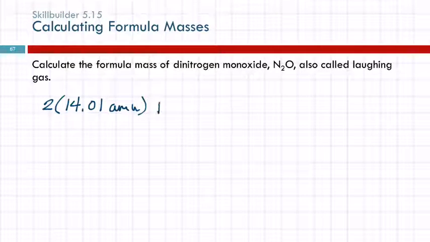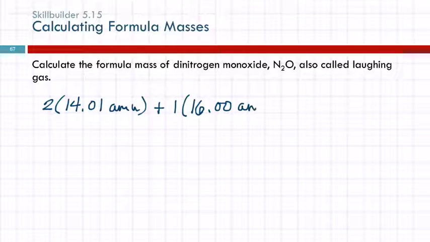And then there's 1 oxygen. You obviously don't have to multiply by 1, but I'll just try to be consistent here. Each oxygen atom weighs 16.00 atomic mass units. And so we add that up, and we come up with,